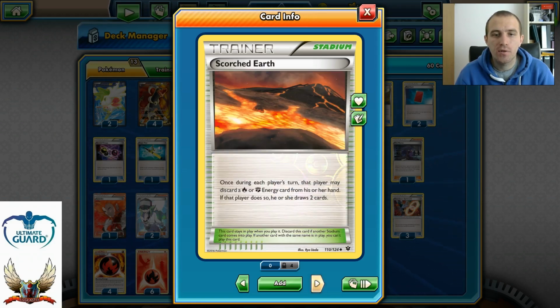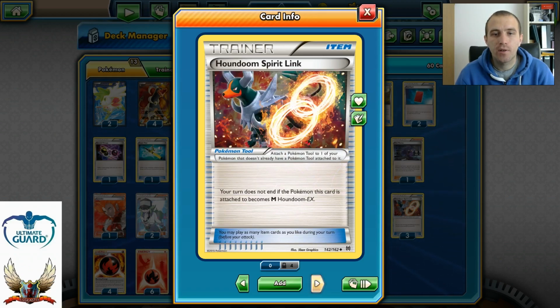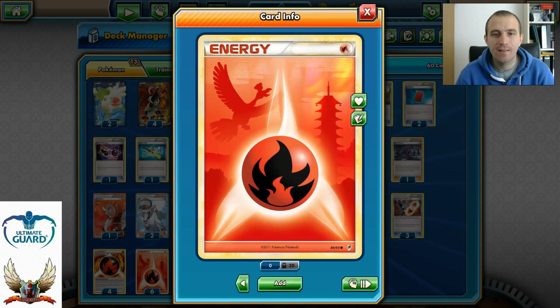1 copy of Scorched Earth, so I can drop cards pretty much by paying 1 Fire Energy. 2 copies of Float Stones for the free retreat on my Clawitzer, maybe even on the Shaymin. 3 copies of Spirit Link for the free Mega Evolution, and 10 energies, 4 of them burning, and 6 basic